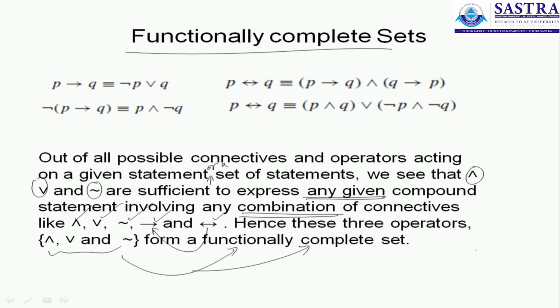So the connectives involving the conditional and the biconditional are okay, but you don't have to cling on to them. They are not critically necessary to define or redefine any compound statement. You will require only these 3: the conjunction, the disjunction, and the negation. These 3 are critically important for redefining a compound proposition. You have these 3, then you can do whatever you wish. You can rewrite any given formula based only on these 3. And we have an example for that.